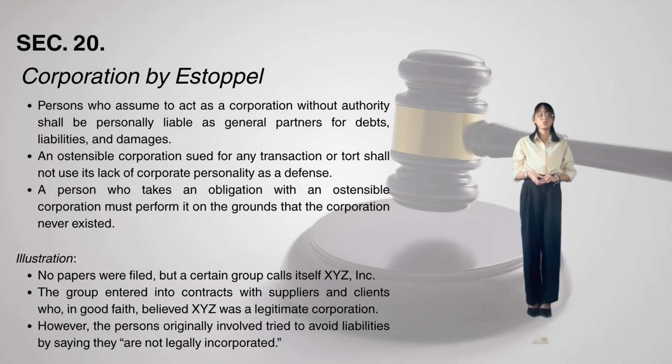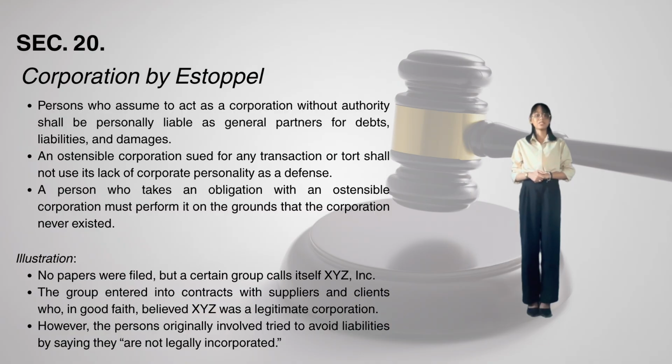Likewise, anyone who assumes duties with an ostensible corporation is obligated to perform them, even if the corporation is not legally incorporated. This doctrine guarantees fairness in business transactions and prevents parties from evading responsibility by hiding behind a false corporate identity. The doctrine applies in two ways. First, in opposition to the ostensible corporation. In the event that the third party files a lawsuit against an unincorporated association that represents itself as a corporation, the group cannot deny its corporate status. Lack of legal personality cannot be used as a defense to avoid accountability for contracts or advantages it received.